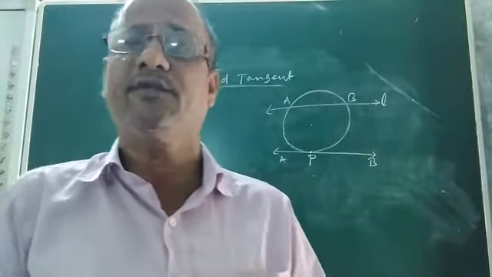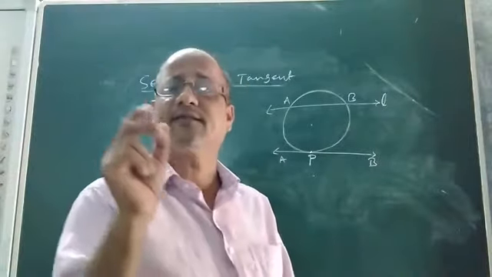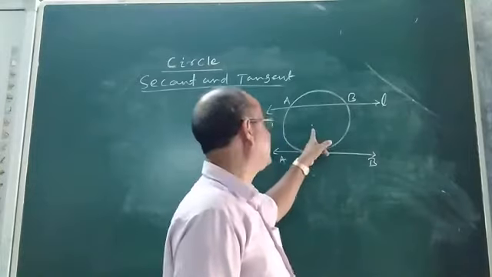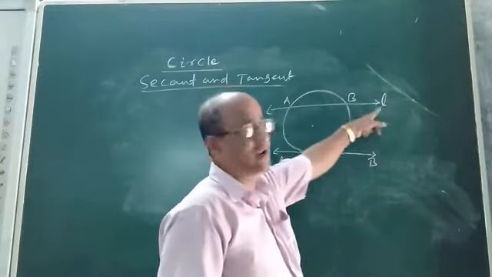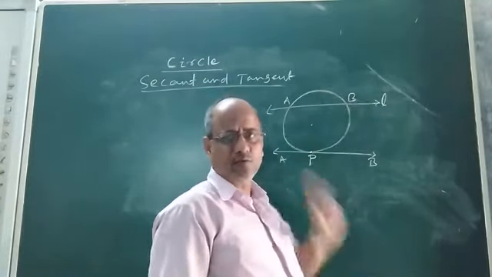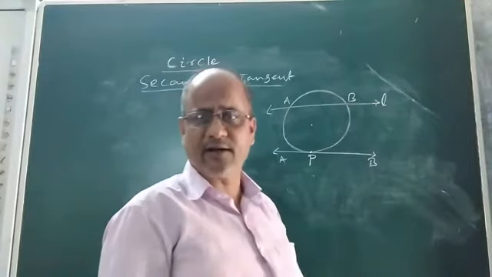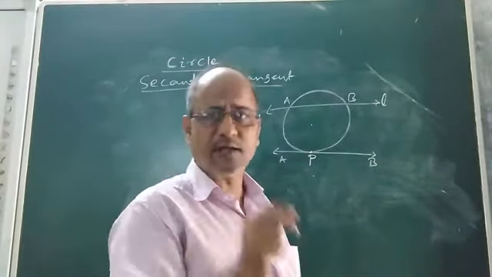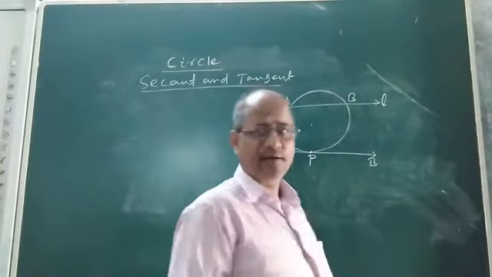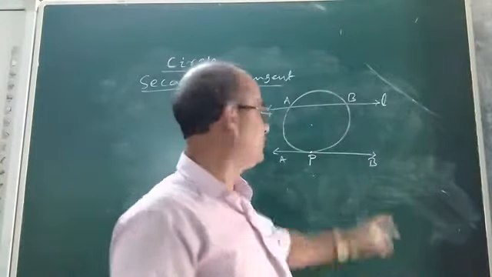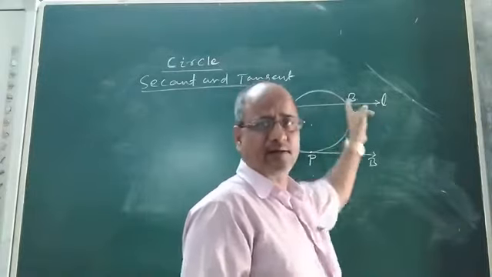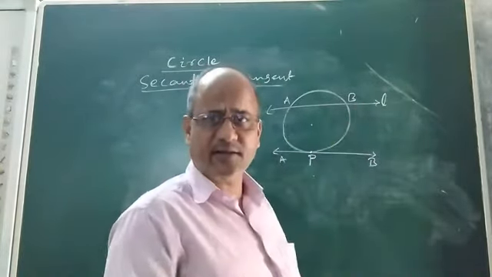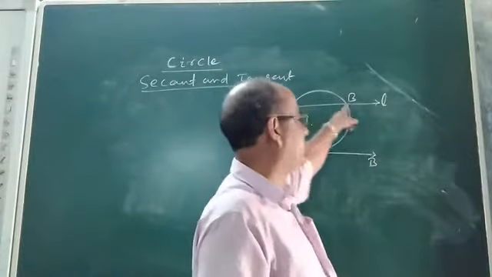Let us discuss today. In order to understand what is a secant, consider a circle. So, this is a circle. This is the center. Now look at the line L. If I ask you, the line L has intersected the circle in how many points? The answer will be 2. A and B are the 2 points of intersection of the line. That means the line L intersects the circle in 2 distinct points, namely A and B.